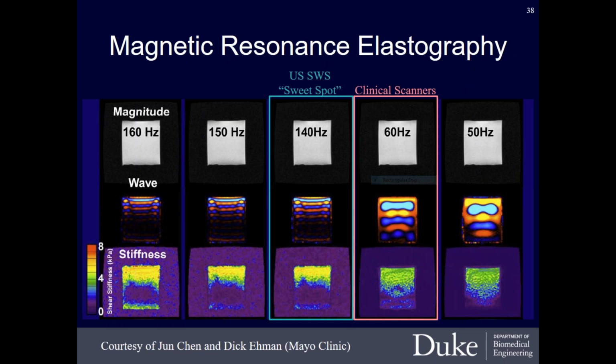This is showing just some experimental vibrating wavefront data from these same tissue mimicking phantoms that I was just presenting in the phase 2 study. I bring your attention to two specific frequencies that they were using for their vibration. 60 hertz is what MRE uses clinically. It's also close to what the FibroScan system is. Most of our ultrasonic radiation force systems are actually closer to the 140 hertz that we have. So I just want to point out that there's two different frequencies in the plots I'm going to show next that you should really hone in on. One where MRE tends to work and one where the radiation force systems are.